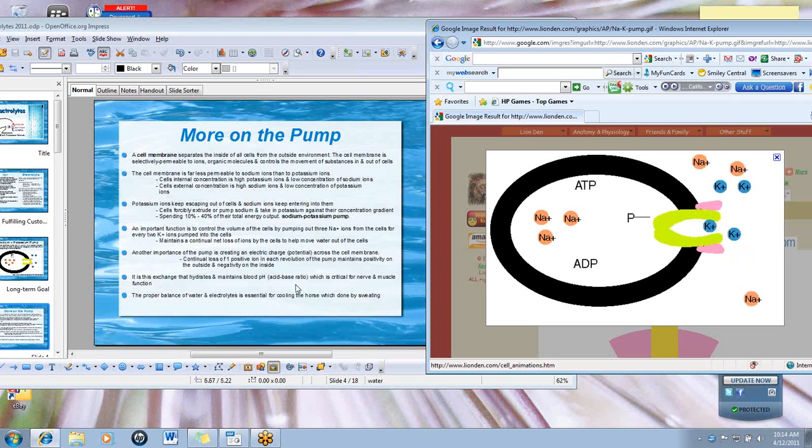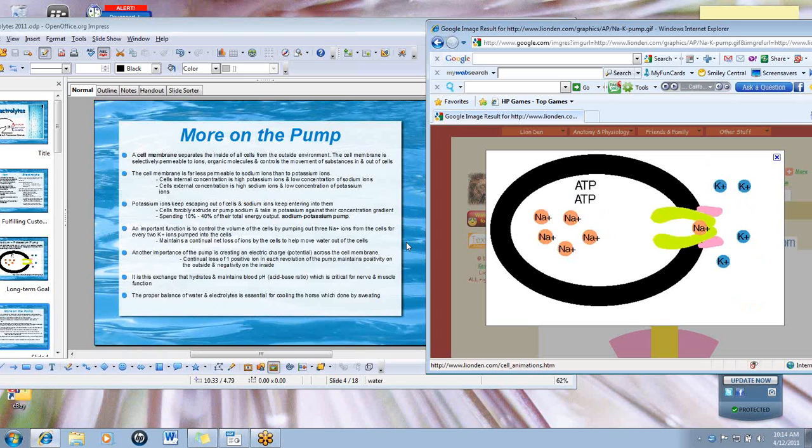It is that exchange that hydrates and maintains our blood pH. pH we've talked about a little bit in some of the other webinars. Acid is anything below 7 on the pH scale, and base is anything more positive and above 7 on the pH scale. The horse's body, the saliva and the urine and the blood really want to function at a normal or a nutrient range of 7. So our cellular structures and the nutrients thereof will manage that acid-base ratio